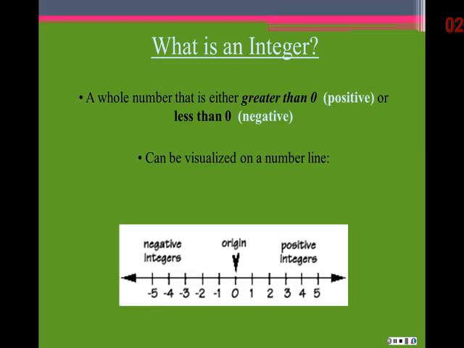Okay? The closer you are to 0, the bigger the number when you're on the left side. Okay? And the same thing is true on the right side. The closer to 0, the smaller. Okay? So the closer to 0 here, the